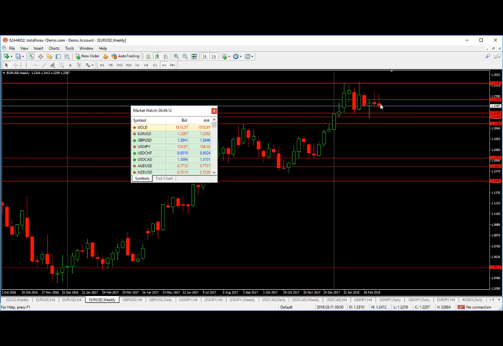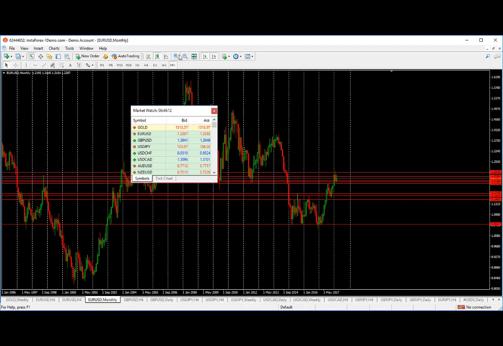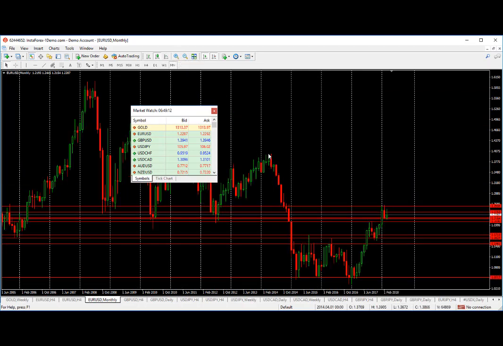But let's have a broader perspective into the trend, then we will look at our setup for the coming week. Let's first of all take a look at the monthly time frame. In this currency pair, we noted that after a long downtrend from the year 2014, we saw consolidation between the year 2014 and 2016. And from the year 2016, the pair has been on an uptrend that rallied from as